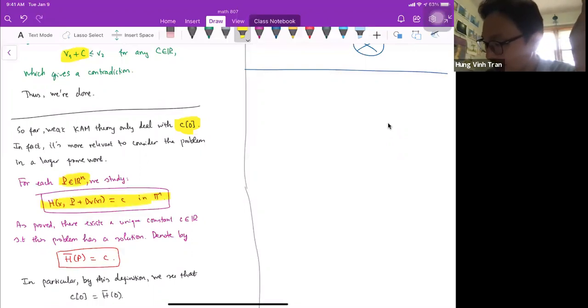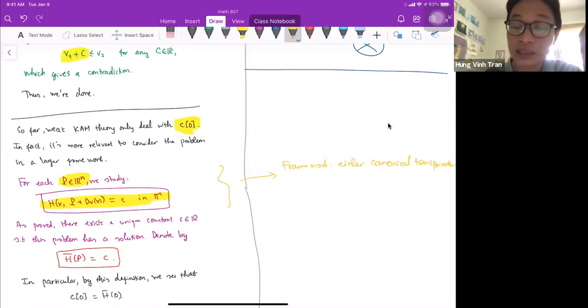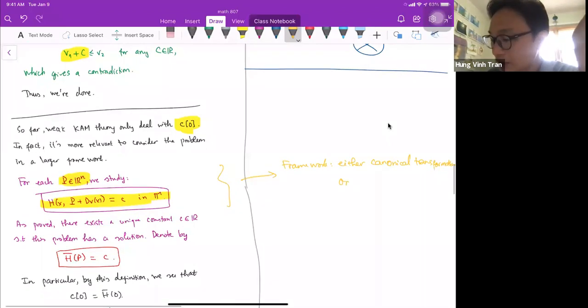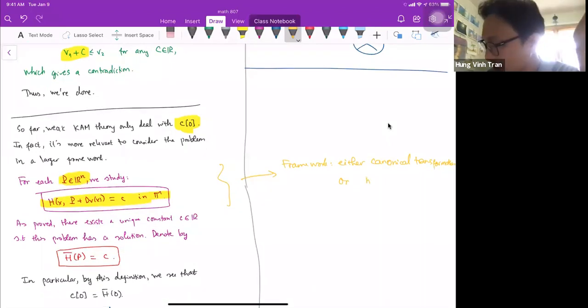If we really get back to the framework of canonical transformation, I mean the earlier, most classical framework where we try to do a change of variables so that we can get an integrable system, or the other framework, which is about homogenization. Of course, I didn't talk about homogenization here, but either of the two frameworks,